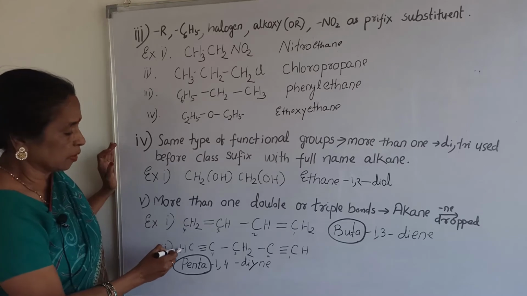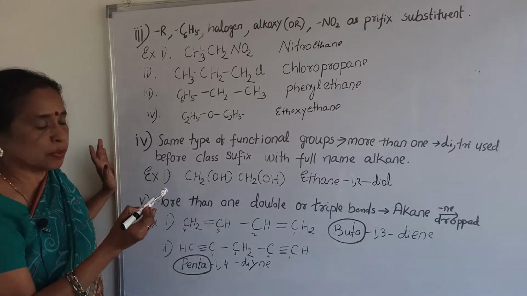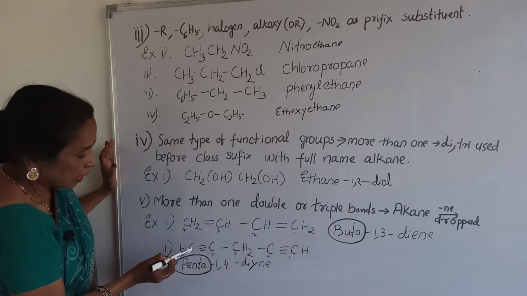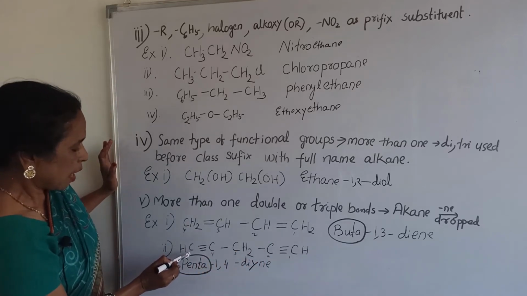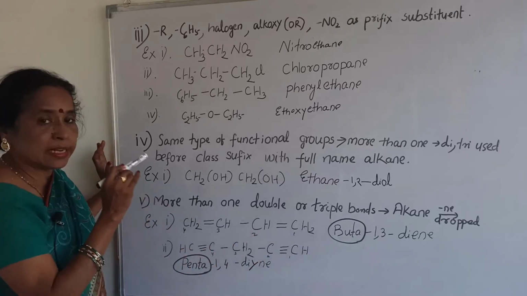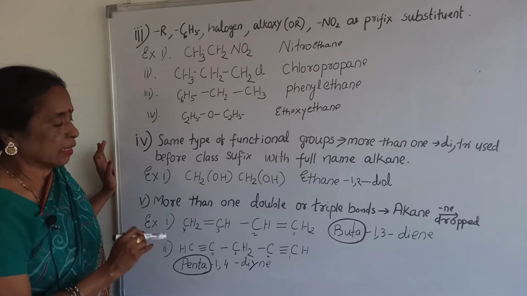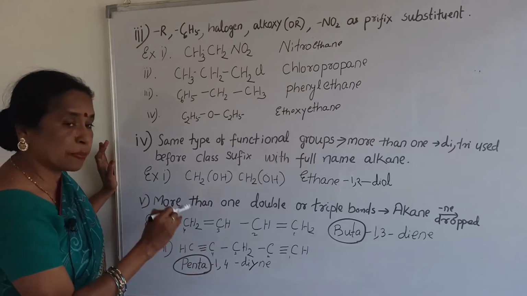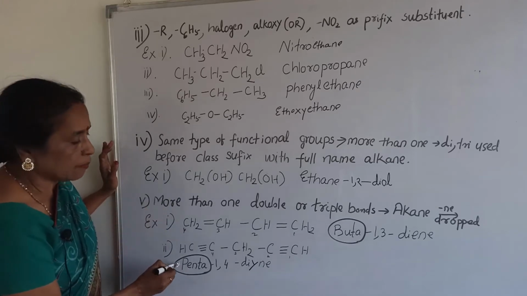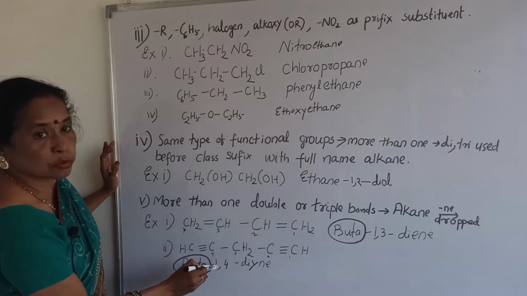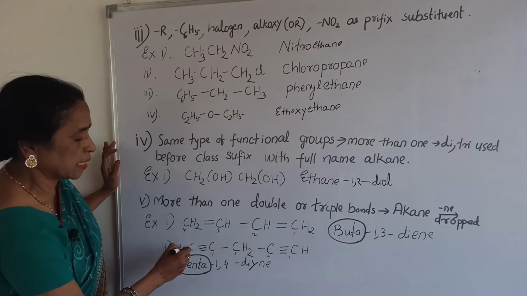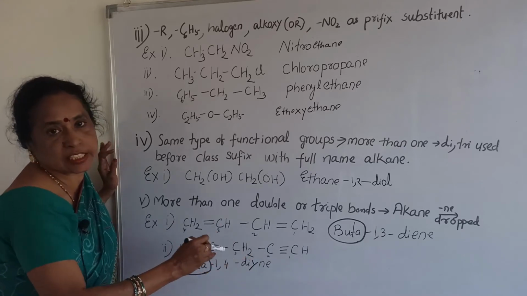Now the next example, where it contains 2 triple bonds. I can count from this side, 1, 2, 3, 4, 5. I can count from this side also, 1, 2, 3, 4, 5. That means it contains 5 carbon. That is why here it is pentane, the 2 letters ne dropped, so penta, the positions 1 and 4. So 1,4, and di means 2 triple bonds present, di-yne, which indicates triple bond.